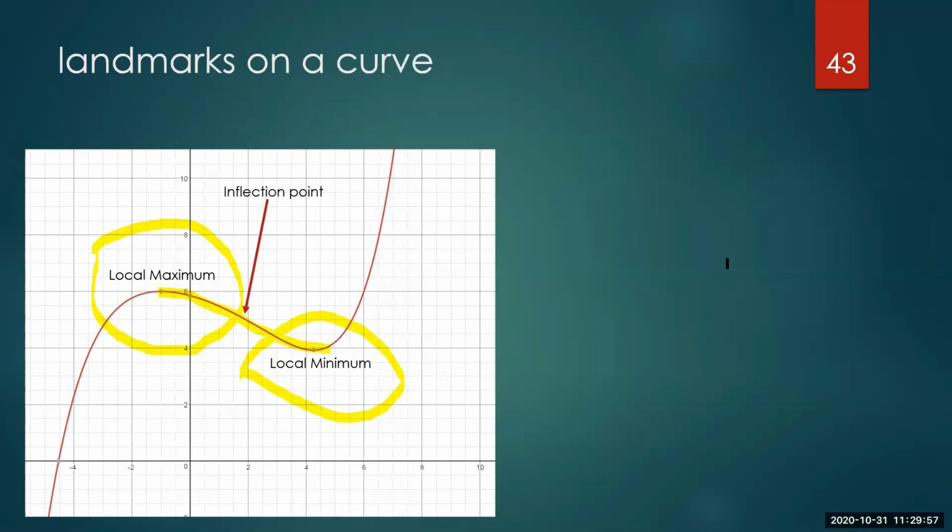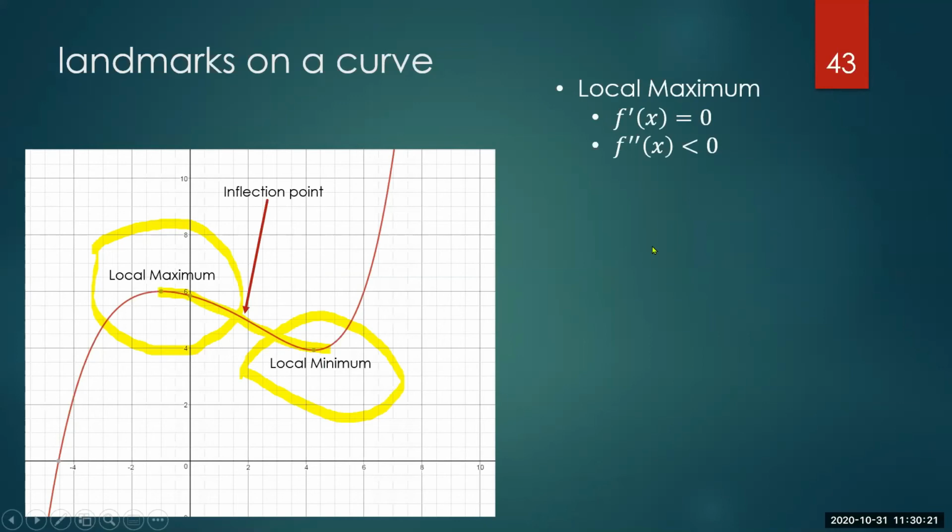Okay, and so that point between the local maximum and the local minimum, where the rate of change in the slope of the curve is 0, that is an inflection point. So what has all this to do with differentiation? Well,